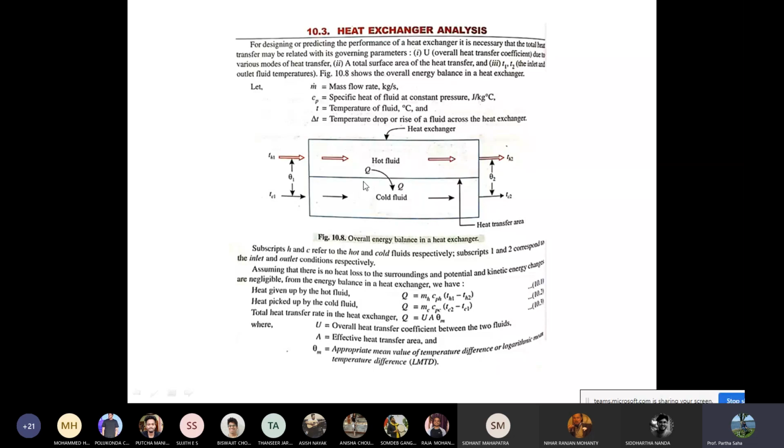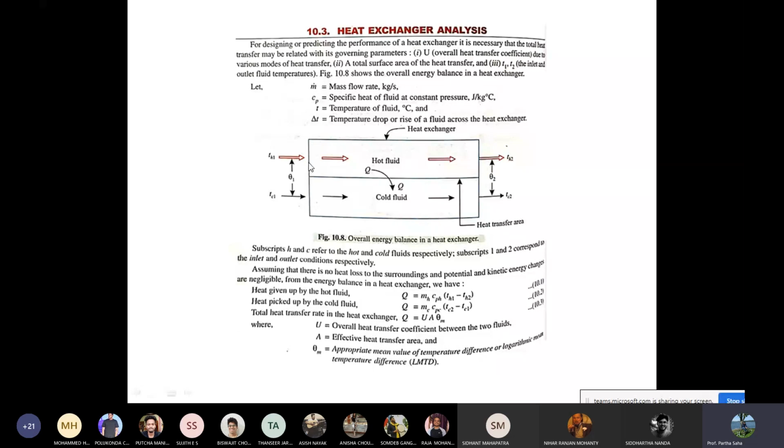As you can see, the red line signifies hot fluid, and the black line signifies cold fluid. The hot fluid enters at inlet temperature Th1 and goes out at the temperature Th2. And the cold fluid inlet and outlet temperatures are Tc1 and Tc2. As I said, H and C refer to hot and cold, and 1 and 2 correspond to inlet and outlet respectively, right? If we assume m dot is the mass flow rate,